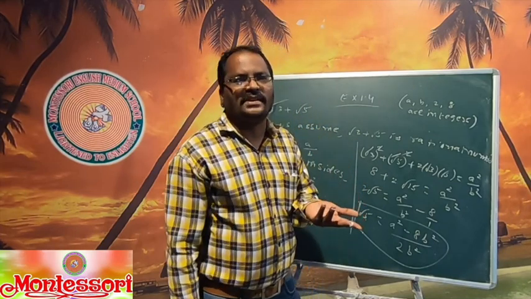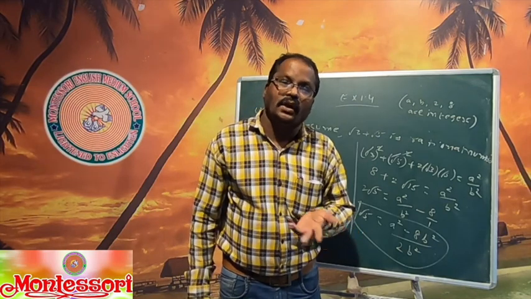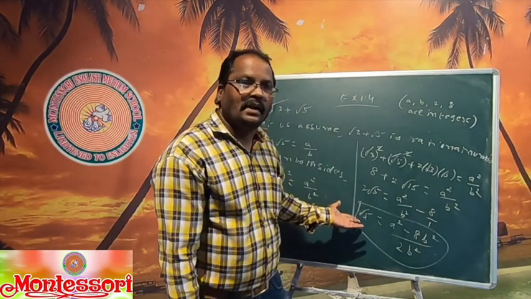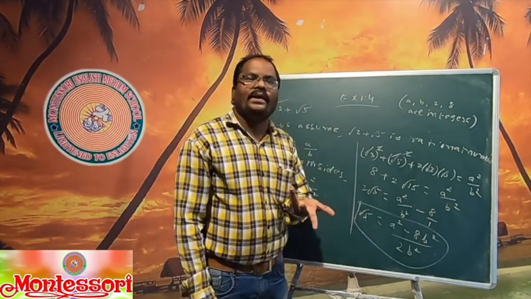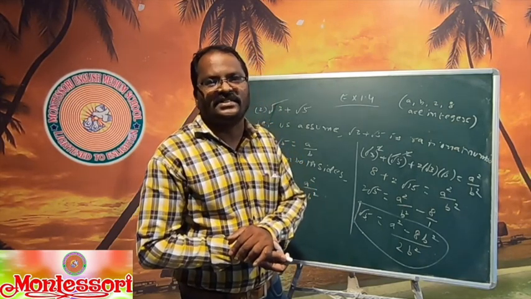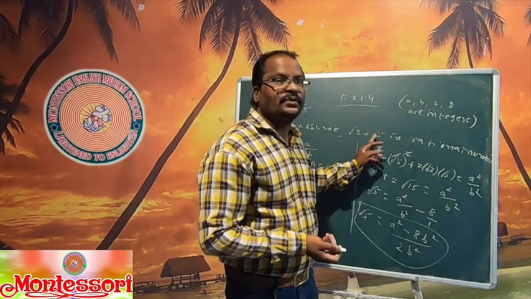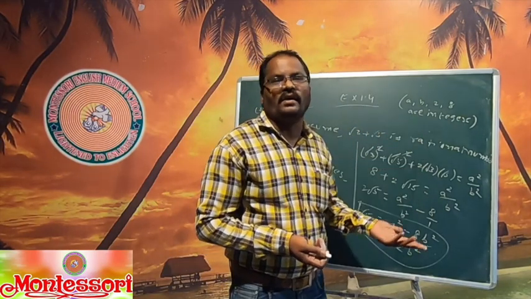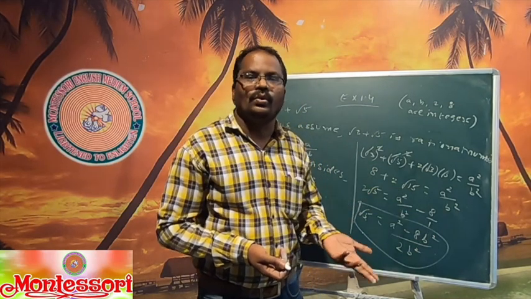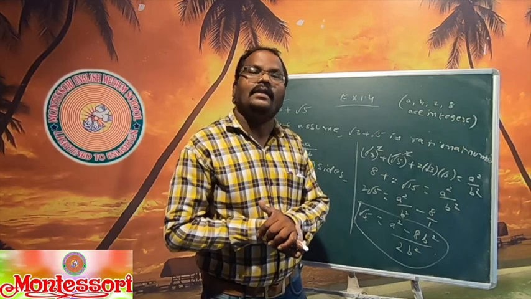Fraction means like 4 by 7, 3 by 2, minus 5 by 7. Integers means minus 3, minus 2. But I am not getting that type of answer. I am getting here root 15, and you know very well root 15 is an irrational number. Why are you getting an irrational number as the answer? Because you considered root 3 plus root 5 to be a rational number. That is false. So what is true? True is that root 3 plus root 5 is an irrational number.